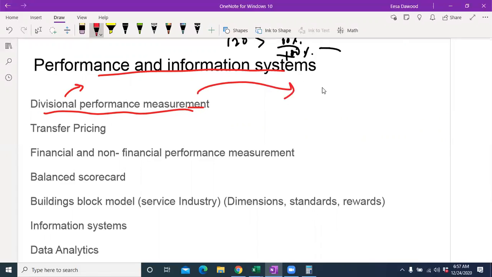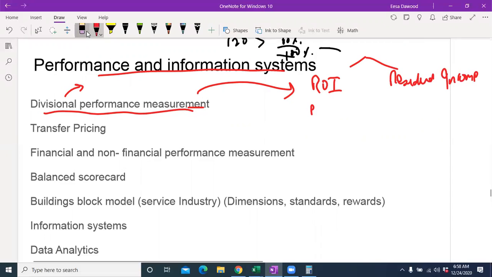For a typical investment center, you have already studied that in your FT exam. There are two performance measures. Both have their own advantages and disadvantages. One is ROI and the other one is residual income. Okay, ROI, one thing you need to understand, for example,